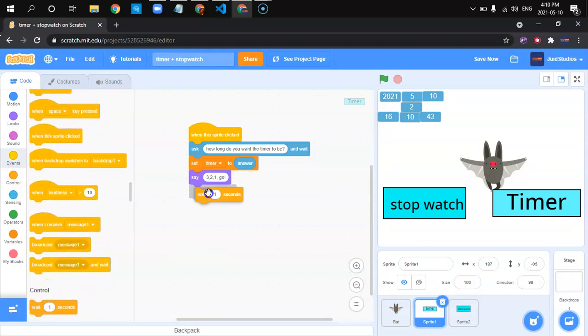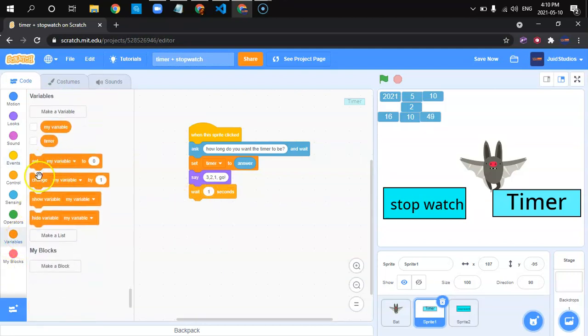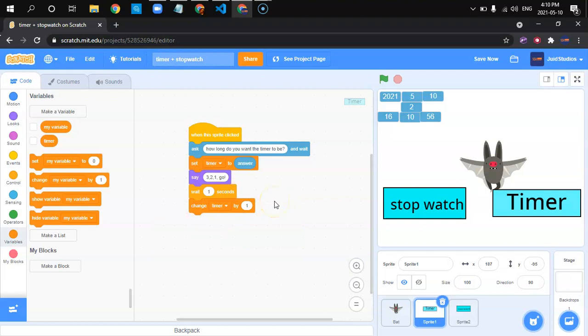It's going to wait 1 second, and then it's going to reduce the timer by 1. So you can reduce this by 1, and then what happens is, for example, I said 5 minutes, now it'll go to 4 minutes. But we need this to repeat, so we can repeat this